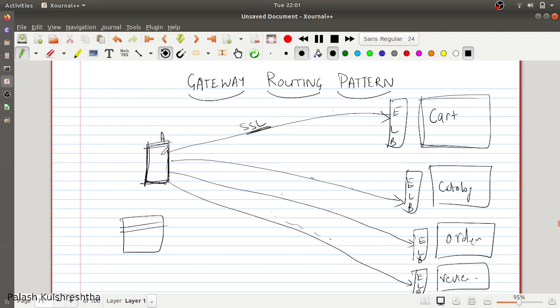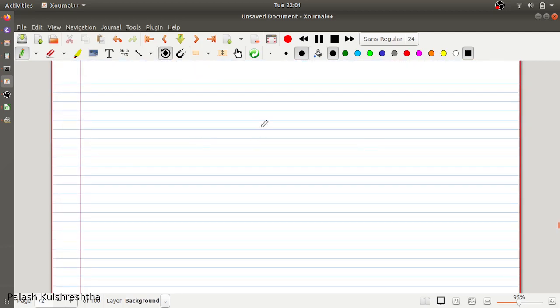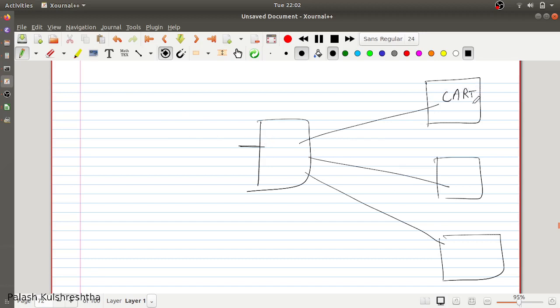So rather than this, what we can do is create a single gateway through which all our services are exposed. For example, if you want to access cart, you just have to write amazon.com/cart/get cart, right?